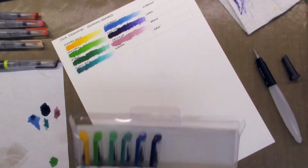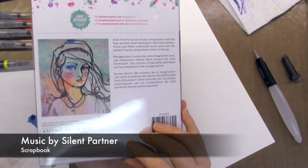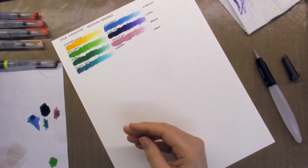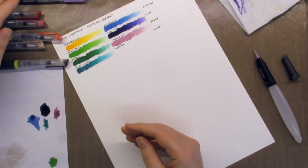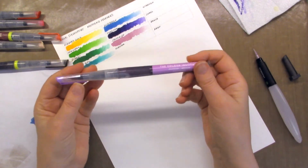Mermaid Markers are by Jane Davenport and American Crafts. They come in a set of 12 in this plastic container, and they contain dye ink. They're basically water brushes and may be used as water brushes once they are empty. Note that the ink in these is not light fast, meaning that you should not expose them to light for